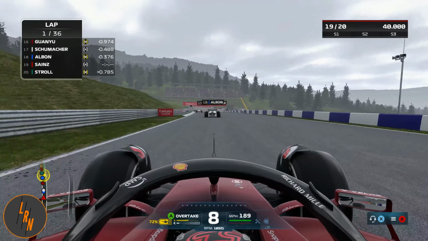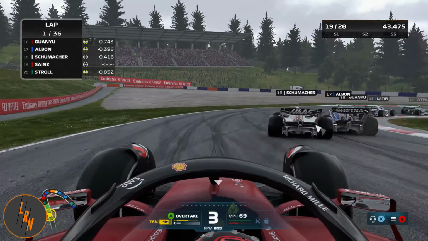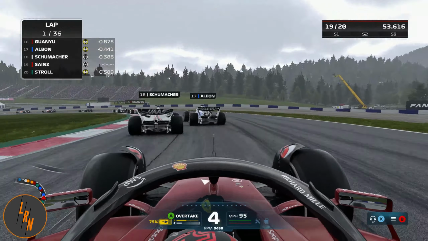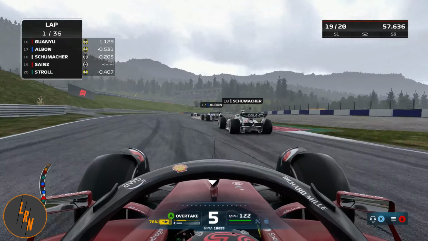And we're going to follow Albon here, still only currently having made a move on Stroll, and we're going to follow Schumacher and Albon through this corner. Hopefully them fighting is going to give us an opportunity to make a couple of moves. ERS again open here, maybe look to make a move on the left hand side here, follow them through. Maybe we can go around the outside or the inside here of Schumacher, but he's moved across and blocked us off there, so we're going to have to take our time, be nice and patient